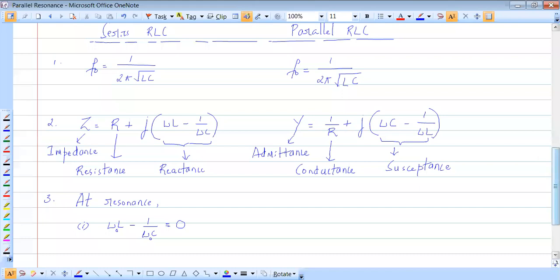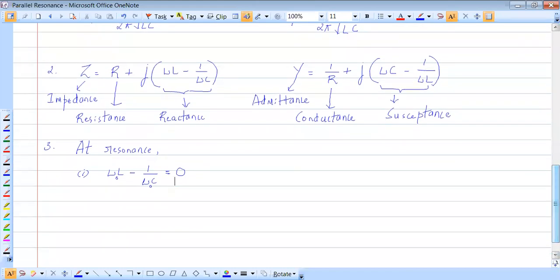What is another statement that I can make regarding these reactances, very similar to this? Omega naught L is equal to 1 by omega naught C. Another way of looking at it. So here I can say the reactance is 0, or I can say the inductive reactance is equal to the capacitive reactance. So because of these two at resonance, we have Z turning out to be what? Resistance, R.